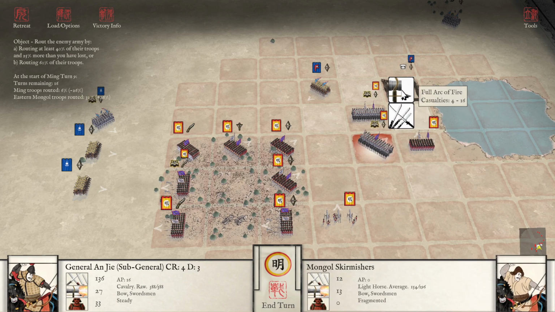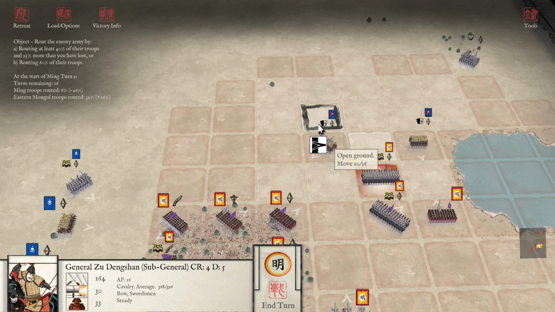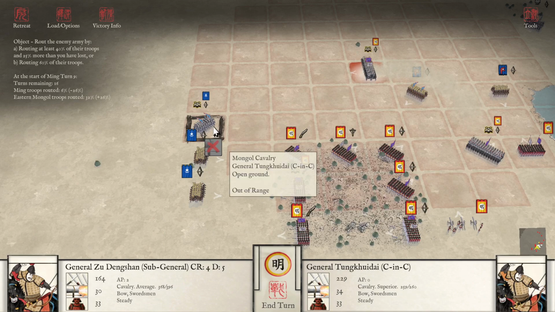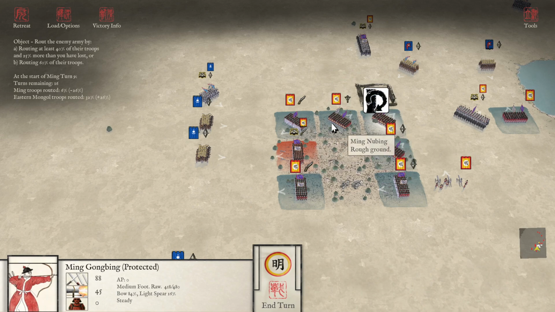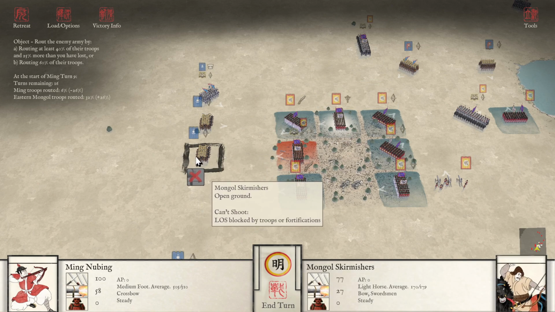Tempting to charge actually and see if they'll just break automatically. But I think what I'll do instead is ignore these guys now and start coming round on those Mongol cavalry who are still engaging my forces over here. This unit, since they've fragmented, can turn to help us deal with this situation. So if I turn here, we can then...